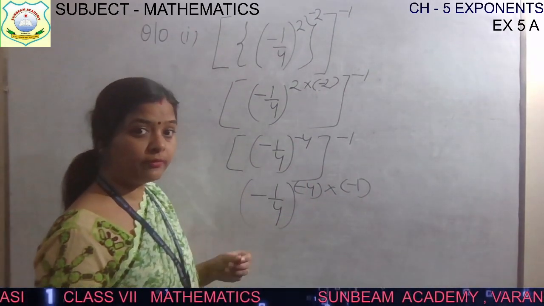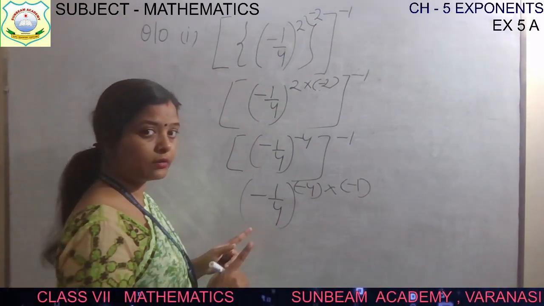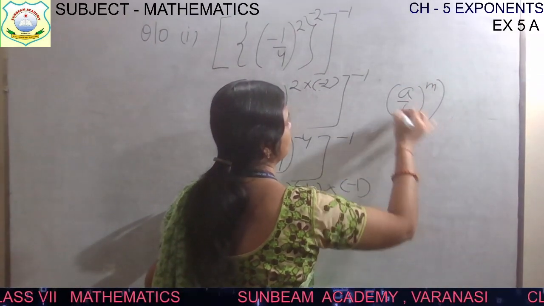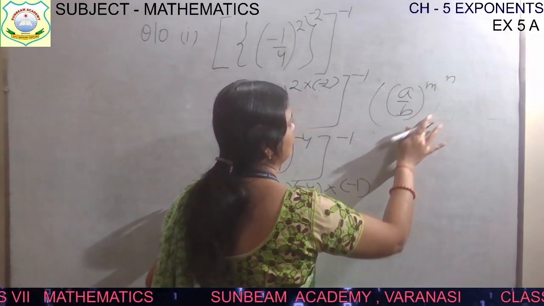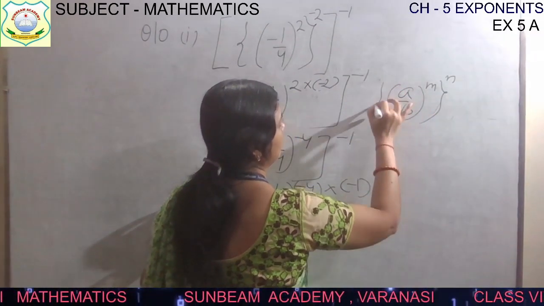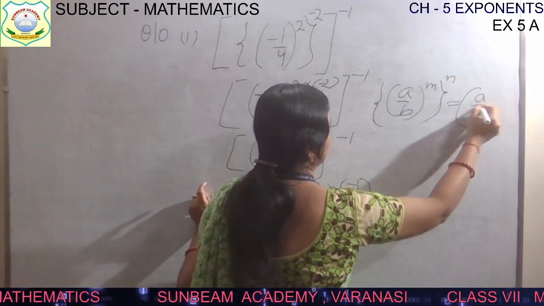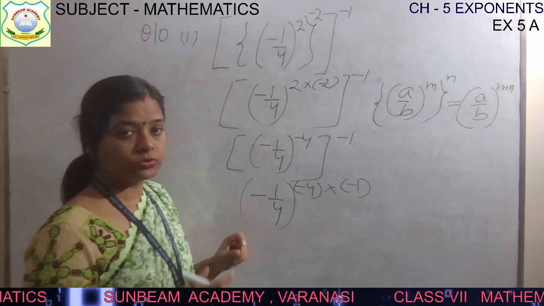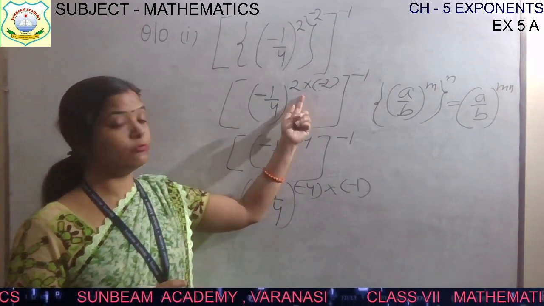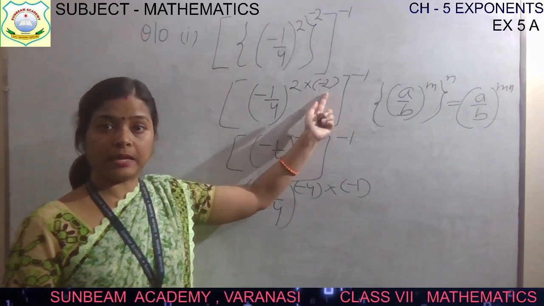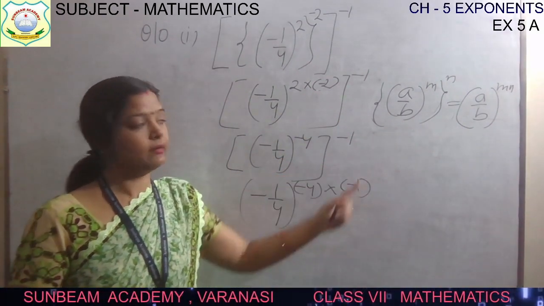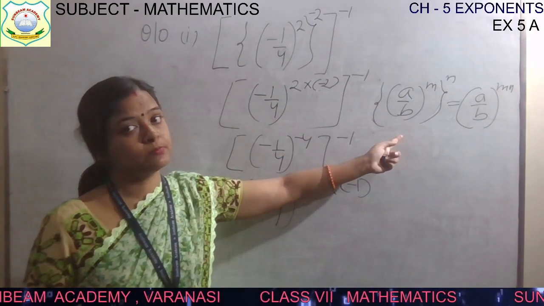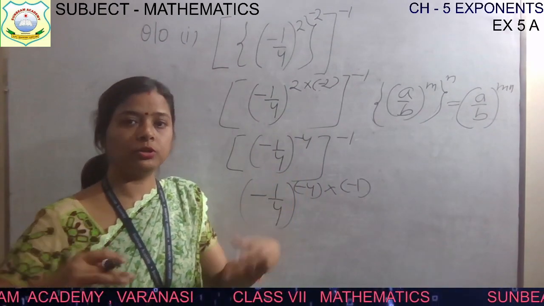This you will write, the law also. Why are you opening this? This is a by b to the power m, to the power n. A by b to the power m to the power n is equal to a by b to the power mn. This is the law, because of this law. So keep writing the law. Why have you opened this? What have you used here? Why is 2 multiplying with minus 2? Because of this law. When you write it, children, whether you are doing it in rough notebook or in your classwork notebook, please mention it. Then it will be learned by you automatically.